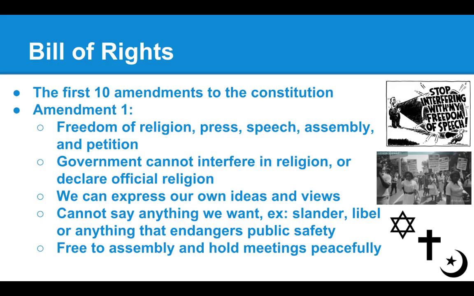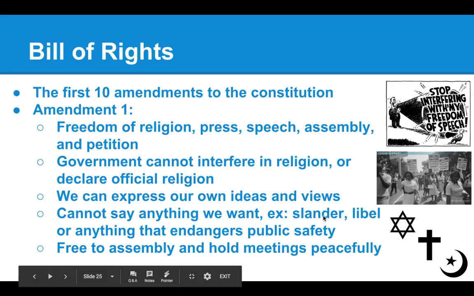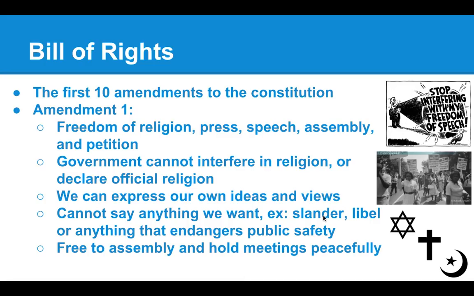Slander, libel, or anything that endangers public safety. You can't run into a movie theater and yell, fire. That's illegal. And if you try and say it's protected under freedom of speech, there have been several Supreme Court cases that say you can't say whatever you want, especially if it endangers people, or slander or libel. Like, if you damage a person's reputation on purpose, you make up lies about them to damage